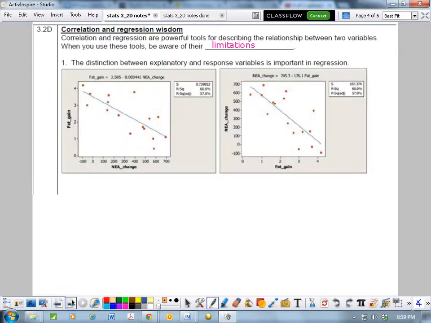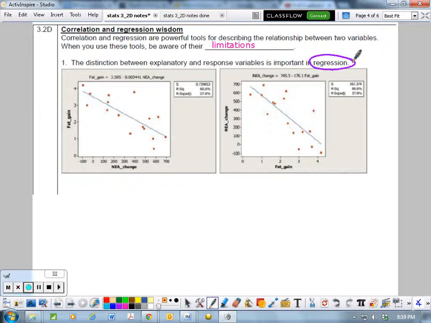Okay, let's look at correlation and regression wisdom. So remember that correlation and regression are very powerful tools, but they do have their limitations. So please remember that when you're doing regression lines,